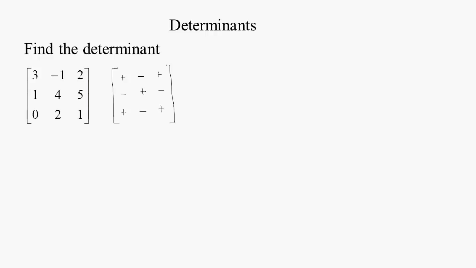It's a good idea to choose a row or column that has a lot of zeros in it, because that will save you some computational time. So I'm going to just use this first column since that has a 0 in it. Remember, 3 is in a plus position because it's in the upper left. That's always plus. And then this checkerboard pattern says that this is in a negative position, and that's in a plus position. So if we look at the 3, I'll leave its sign alone since it's in the plus position